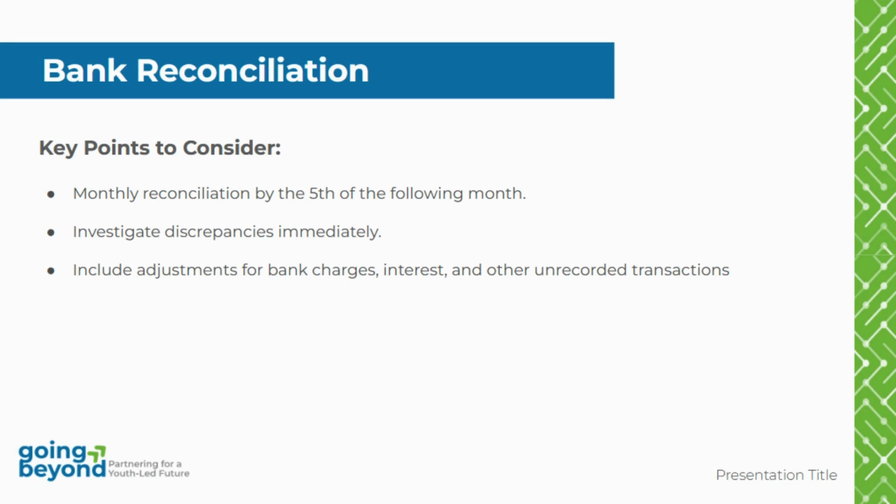Bank reconciliation ensures alignment between the organization's cash book and the bank statement. This process is vital for identifying and resolving discrepancies, such as outstanding checks or deposits not yet reflected in the bank statement, unrecorded bank charges, interest earned, or direct deposits that need to be updated in the cash book. All unusual items, like long outstanding checks or unidentified credits, must be promptly investigated and corrected. Proper reconciliation prevents errors, identifies fraudulent transactions, and provides a clear picture of available funds.